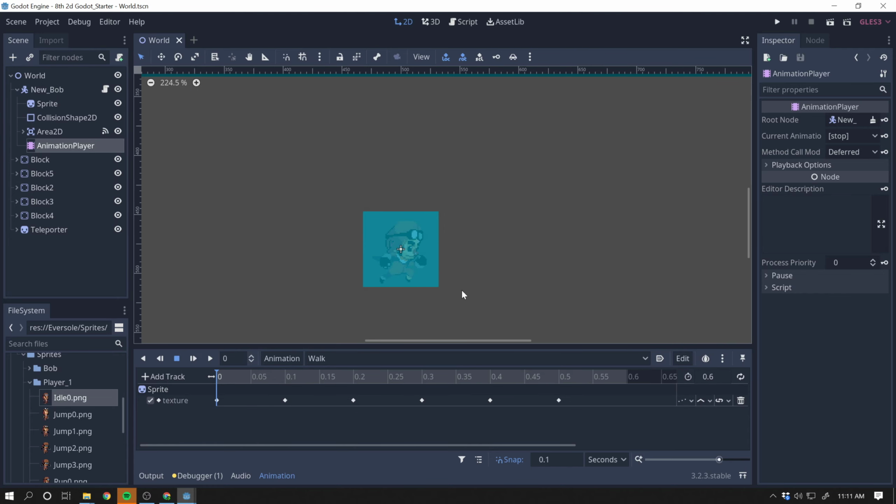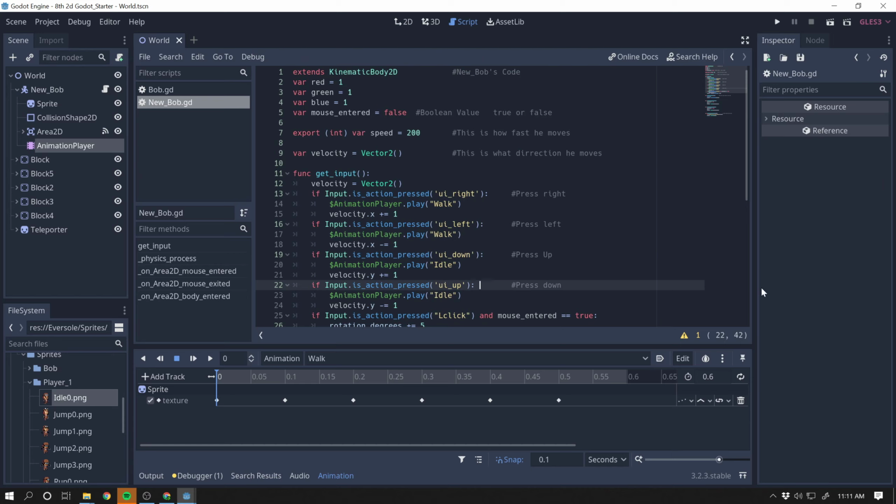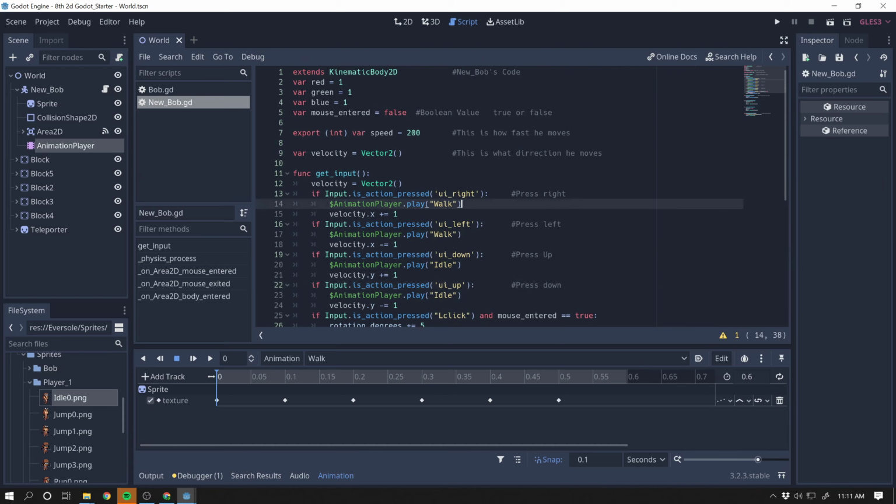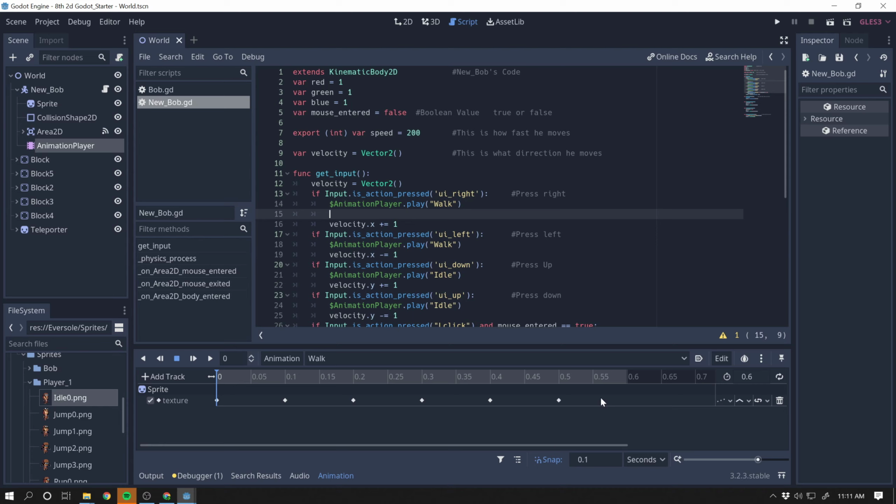The first thing we want to do is when we run to the left, we want it to look left, and when we run to the right, we want it to look right. So let's see if we can't fix that. If we're running to the right, there's a value that's called flip. So what we can do is say if we're pushing to the right, we want to play the walking animation, which is right here, and we want to do